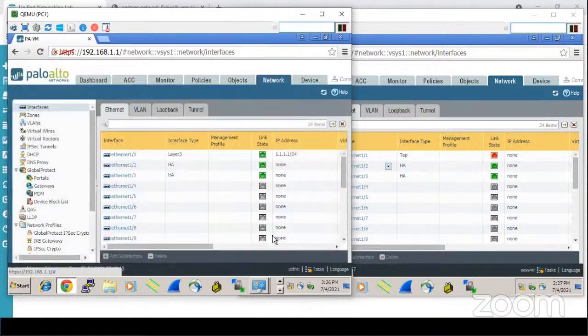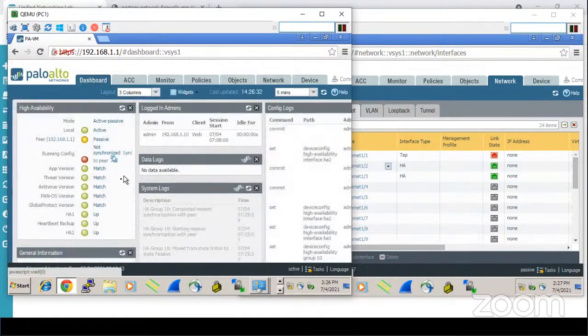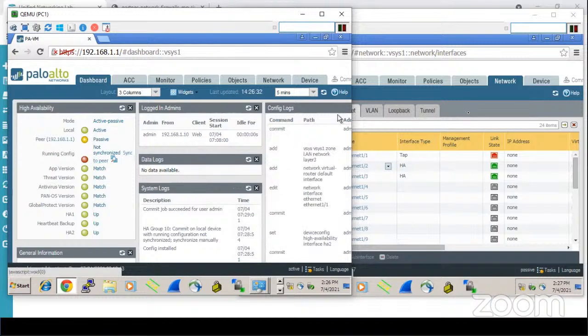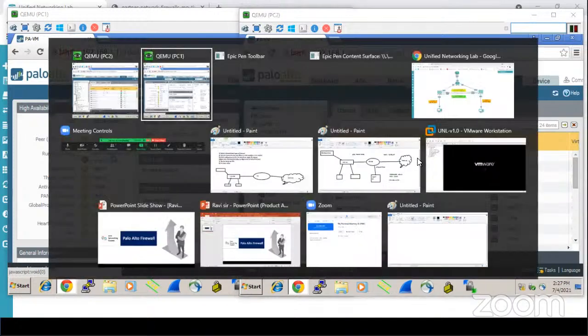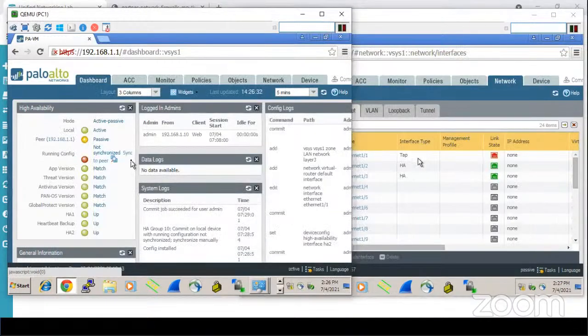Commit happens. Okay, successful. Now click on the dashboard. Let's try to check. Yeah, refresh this page. It's still in the tab mode. Okay, so what we can do here on the running configuration, you can see sync to peer is there. Just click on this sync to peer,